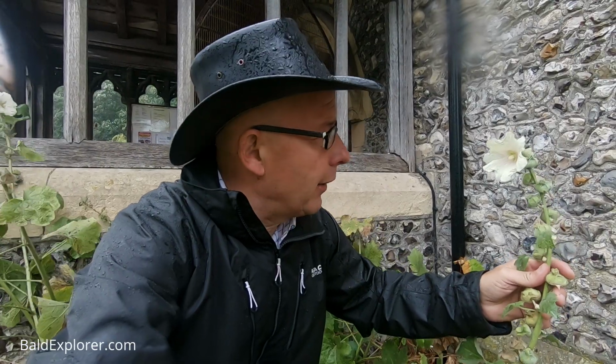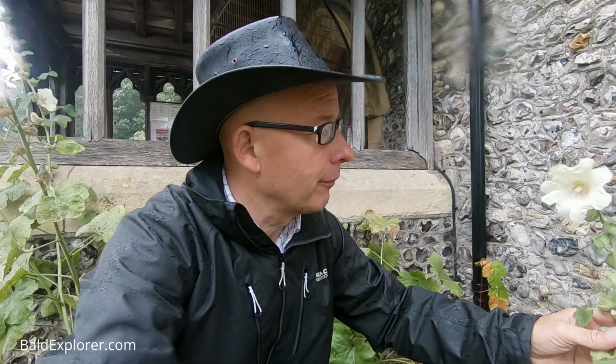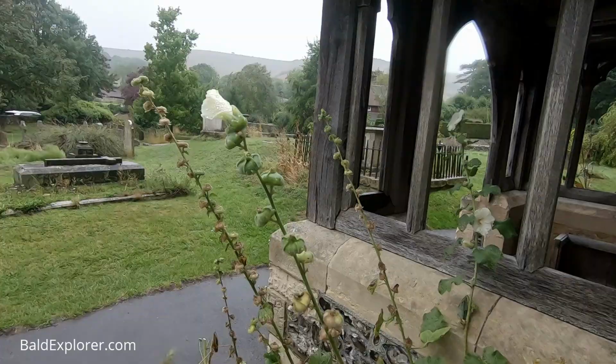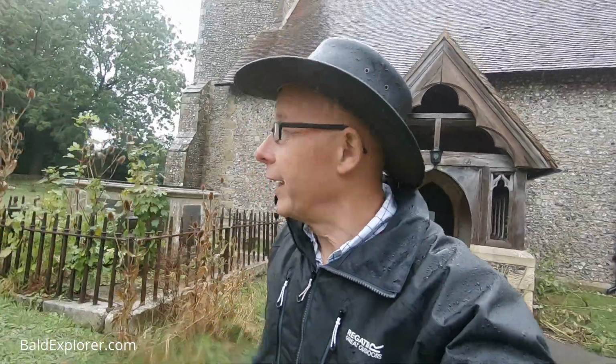I don't know what it is about hollyhocks that I find fascinating. They're tall, they're a bit triffid-like, but they can be so colourful. These obviously are sort of a pale yellowy green. They're very nice to see. I do like them. There's quite a big graveyard here